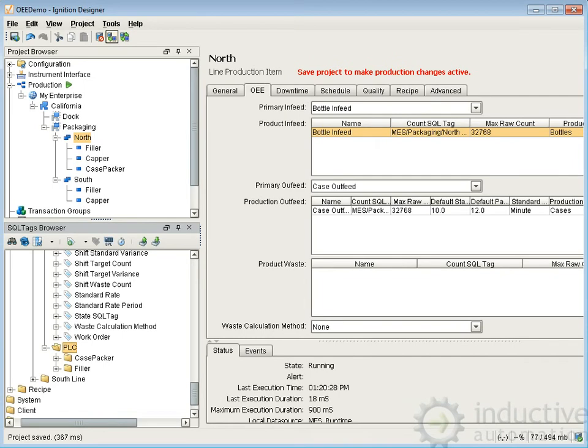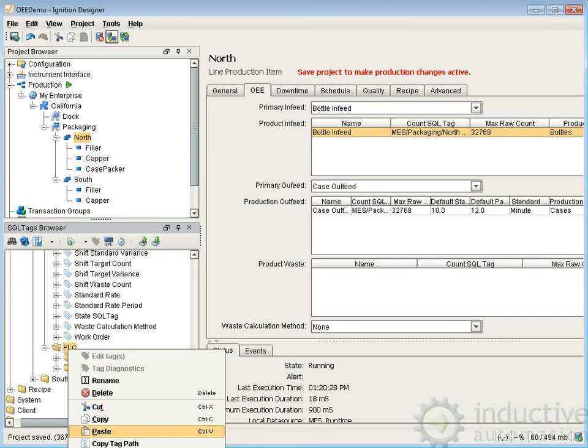We just looked at configuring the production counts for our items in our production model on the north line here. Now we're going to take a look at setting or configuring the state tags for each machine on the north line. So first we need to add in